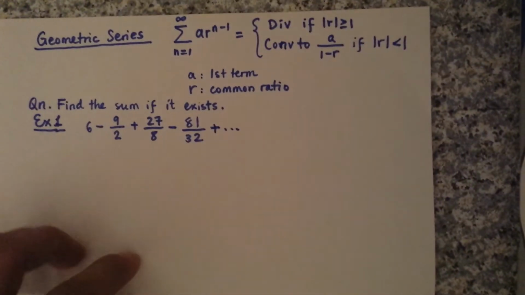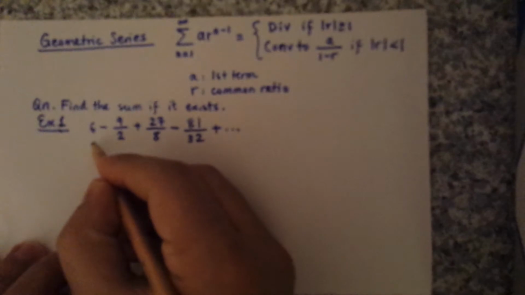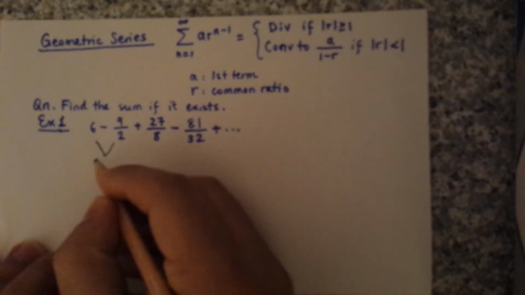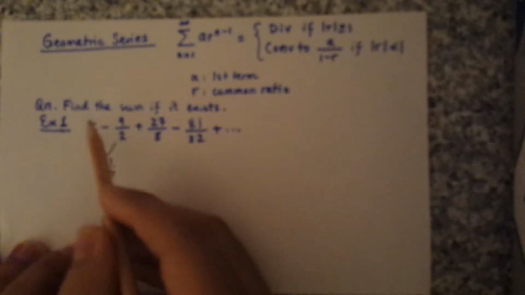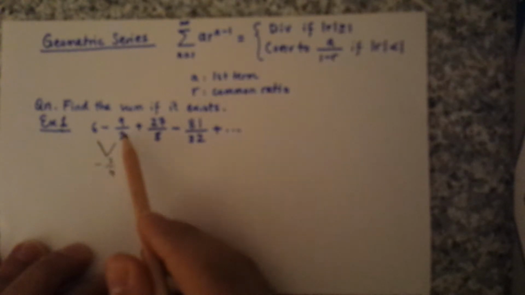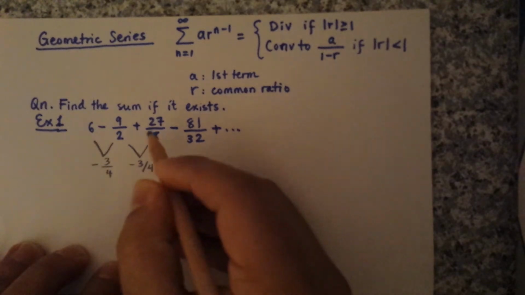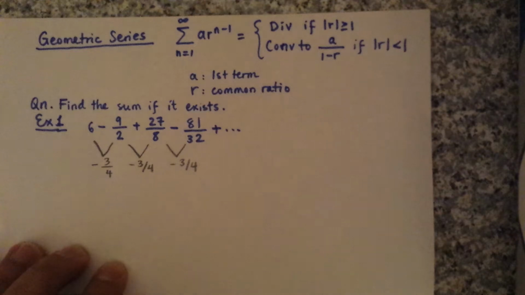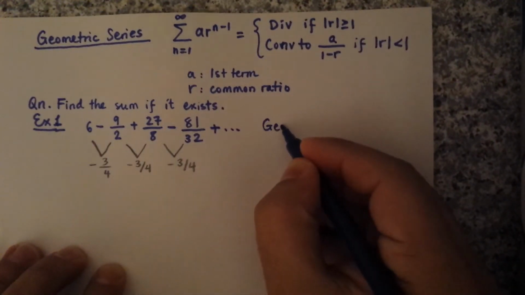And if you really take a look at this example, you're going to see there's a common ratio between them. Like if you want to get 9 over 2 from 6, you need to multiply it by negative 3 over 4. If you multiply that, it will be 18 over 4, which is 9 over 2. And if you multiply here by negative 3 over 4, you're going to get 27 over 8. If you multiply by negative 3 over 4, you're going to get 81 over 32. So you see, this is geometric,